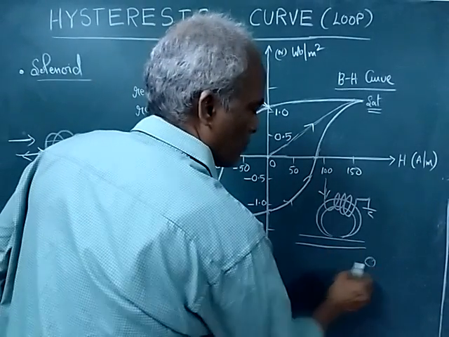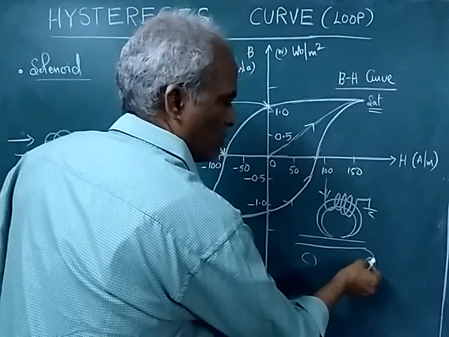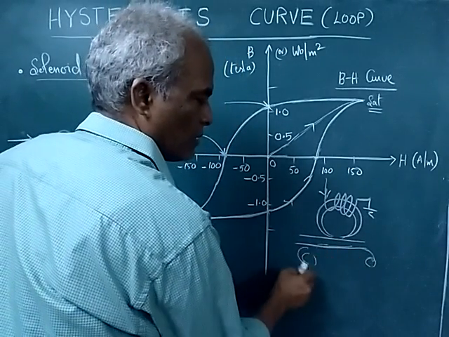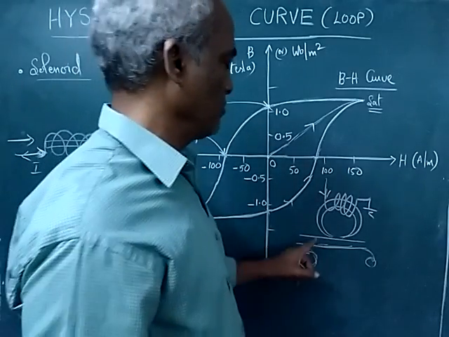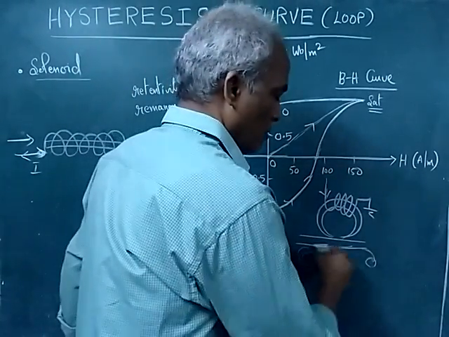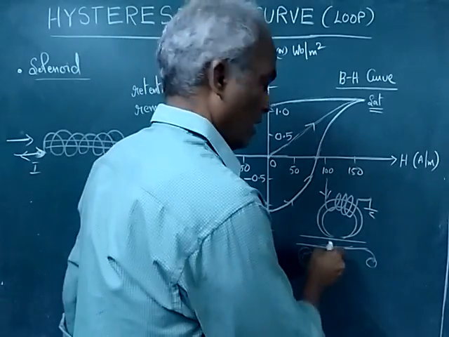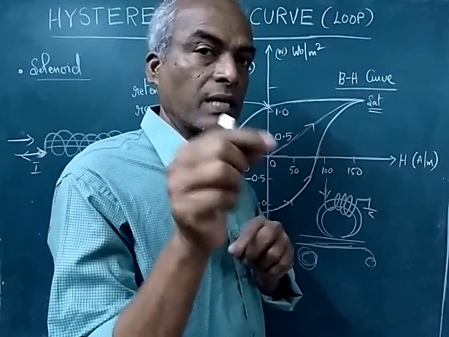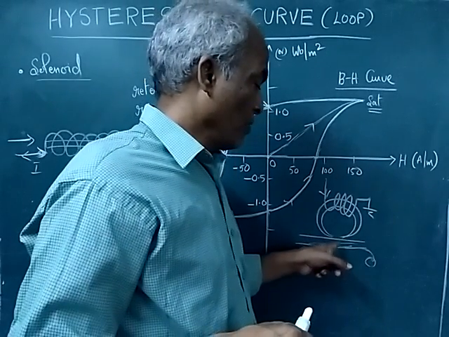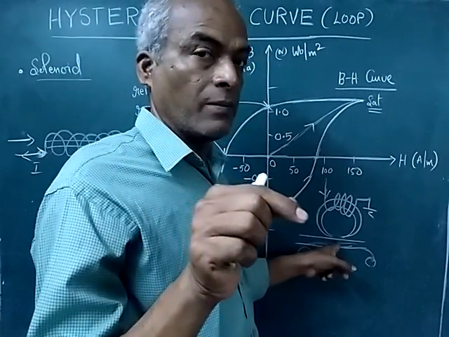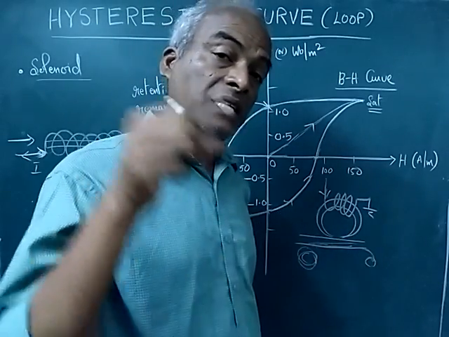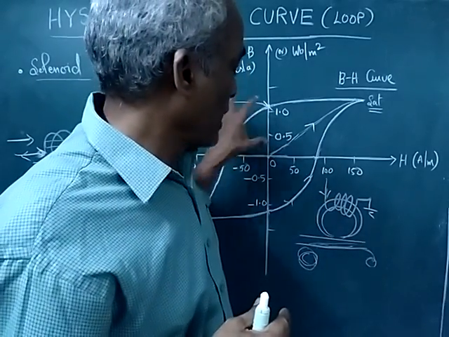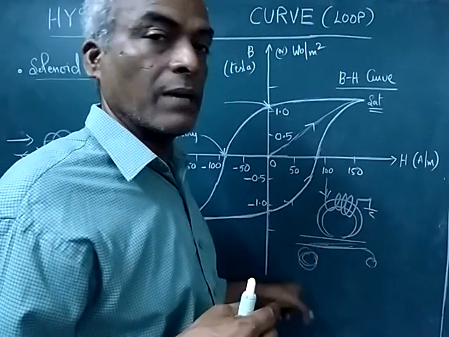So this is the supply tape. It will be supply pull. The tape will move in this direction, and this will be the take-off pull. That means it will get rotated here. So this tape will be coated with ferric oxide. So once it passes through the air gap, a magnetic flux is there. That magnetic flux will record the information on the magnetic material, and the magnetic material retains that magnetism. That's why we call it retentivity. So there will be magnetic flux density after passing through this air gap and it gets recorded.